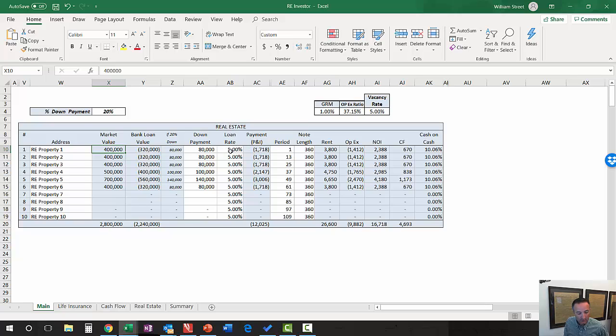Okay, the assumptions that we make here are as follows. 5% financing rate. So $80,000 down, that represents 20%, the down payment. The other 80% is being financed by a bank, conventional loan, at a rate of 5%. These other numbers, I've even factored in vacancy rate, operating expenses, etc. There's nothing real magical about these numbers in particular. They can vary a little bit from market to market. But really what I'm trying to do here is I'm dialing this number in.